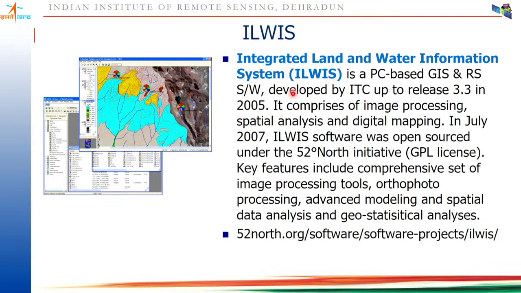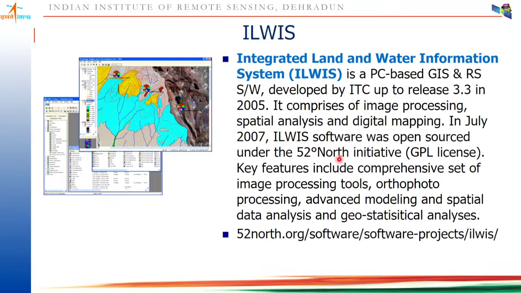Another very popular software is called ILWIS, Integrated Land and Water Information System. This was very popular in the early 2000s. It was a PC based RS and GIS software, remote sensing software developed by a renowned institute called ITC in the Netherlands, that is Holland, and up to version 3.3, that is in 2005, it was developed by the scientists or faculty working at ITC. After that, they made it open source in 2007